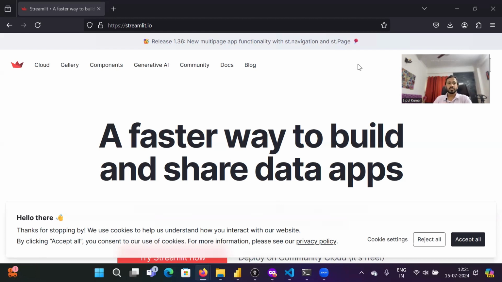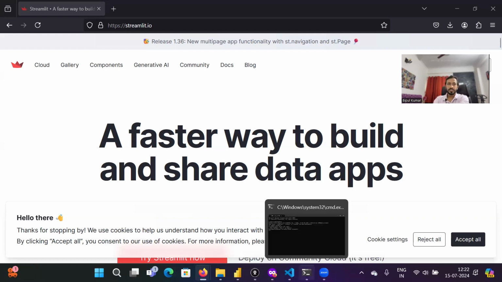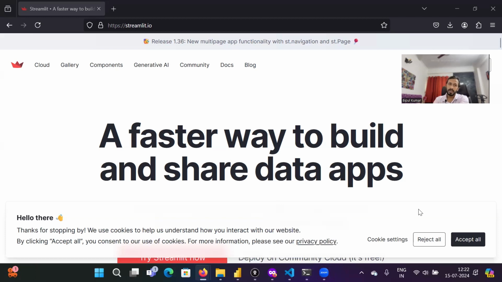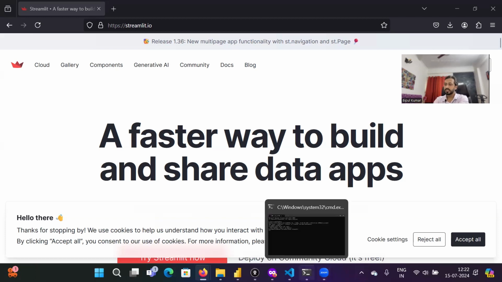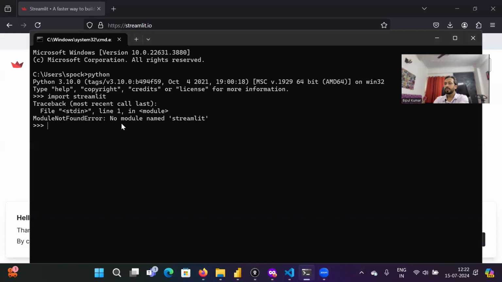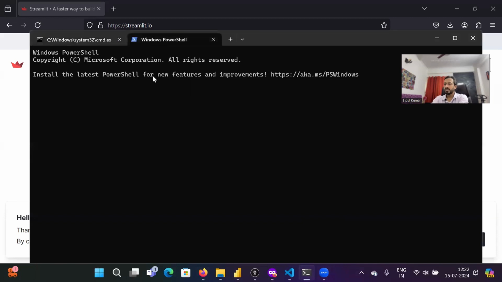So how to use Streamlit? First of all, before using Streamlit, I have to install it. For installing it into our system, Python should already be installed. Once Python is installed, you can launch the command prompt. For example, if I give Python over here,